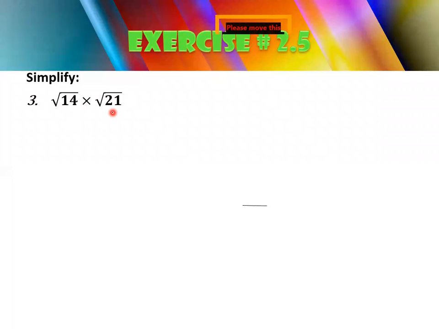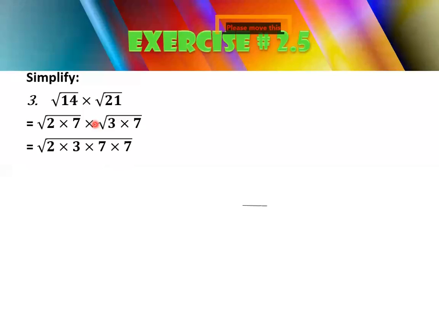So simply you will write down its factors. If you are facing any confusion, you will take the LCM of 14 and 21, but your answer will be the same, meaning you will get these same factors. So 2 multiplied by 7 are the factors of 14, and 3 multiplied by 7 are the factors of 21. Now as you can see, these are two different square roots, but both of them are multiplying with each other. So you can write this thing in this form, just like this.